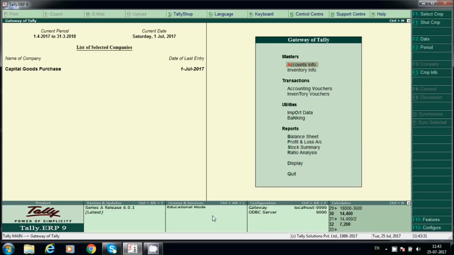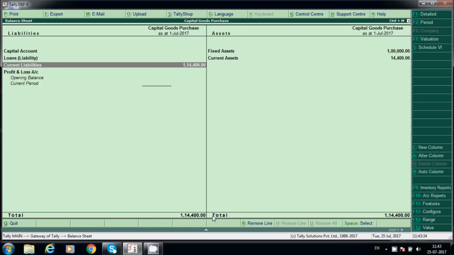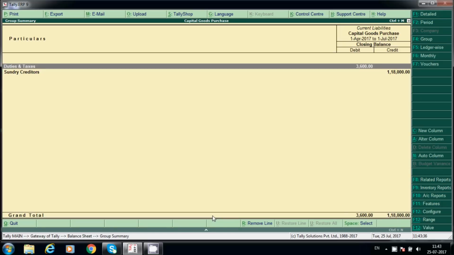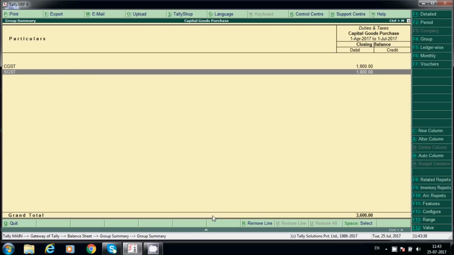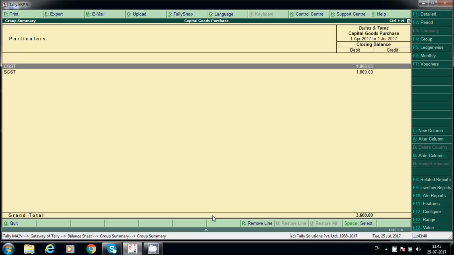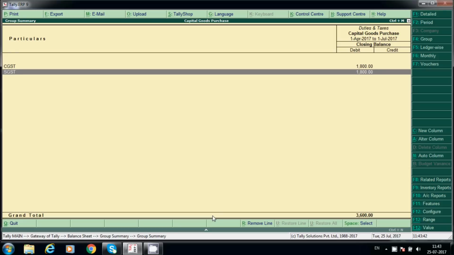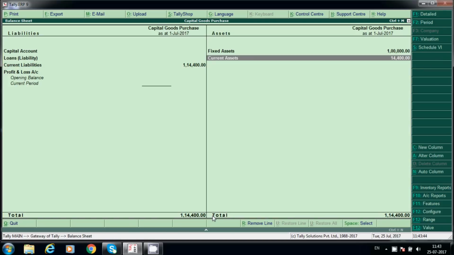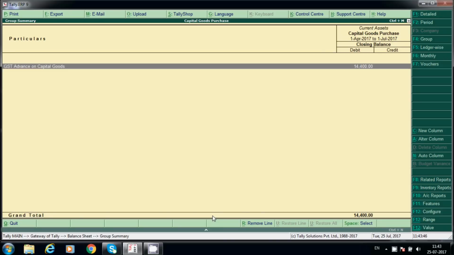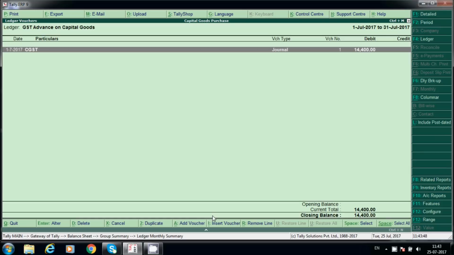Now check the balance sheet. Under duties and taxes, how much can we claim? Only 3,600, that is CGST 1,800 and SGST 1,800, and this 14,400 we'll claim next year, the same 3,600.